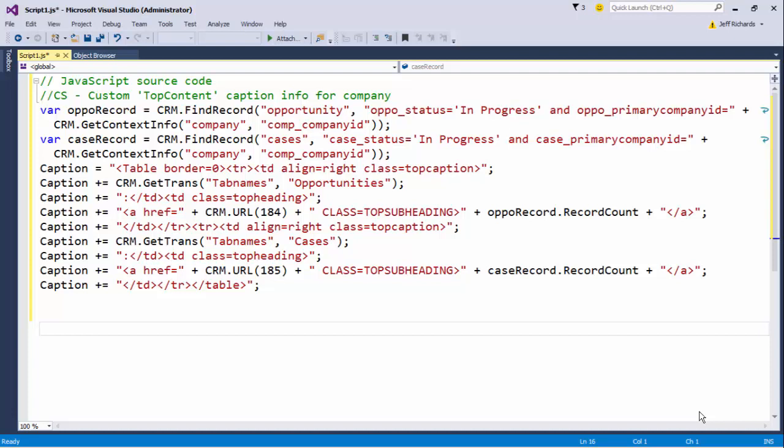We've used get context info before, and we're here using get context info to build the where clause to allow us to get hold of the correct information. I've retrieved both the cases and opportunity records, so these are objects that we've used. But have you noticed that we're using the caption property? So this is scripted in the context of the create script. We don't need to put a this.caption or anything like that. Caption just knows that we're in the context of the